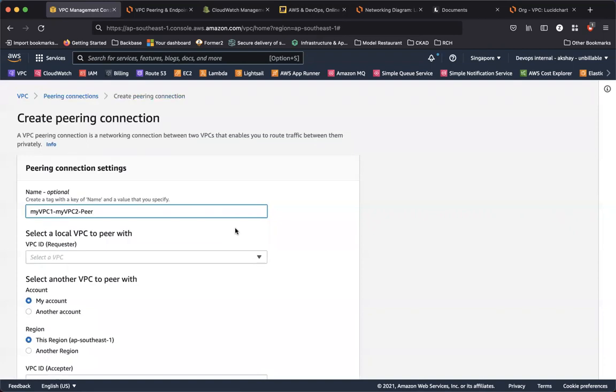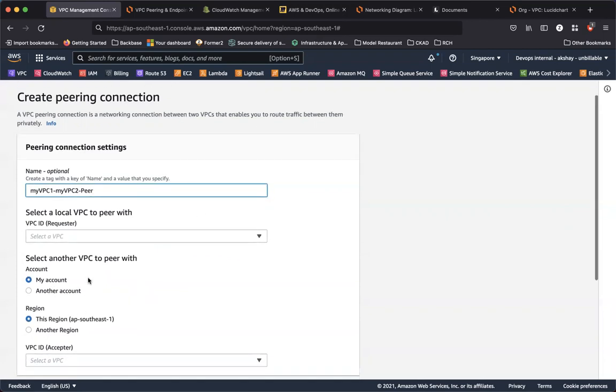But suppose you have a VPC in region 1 and a VPC2 in another account, in another region, owned by a different owner. Then you can think about who's the requester, who has to initiate the peering connection, and who has to accept it. You can do VPC peering across accounts and across regions. So you have all of these combinations: same account, same region, or same account, another region, or another account, same region, or another account, another region. So you have covered all the possibilities.